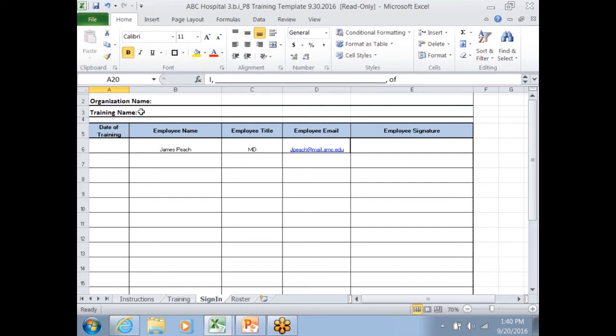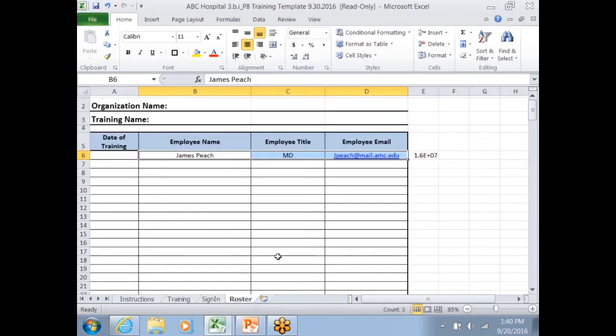You're going to print the document, and then you're going to have each employee who obtained the training sign the document. After all of your employees have taken the training and have signed that they have taken the training, whomever you have assigned to do so is going to attest to this training having been completed by the people listed on this sheet. So why is this roster tab important? It seems redundant. Well, the thing is that the sign-in sheet also is